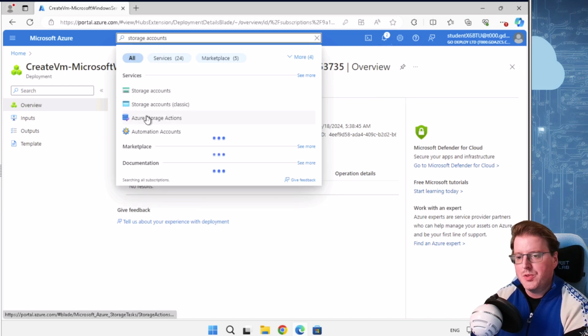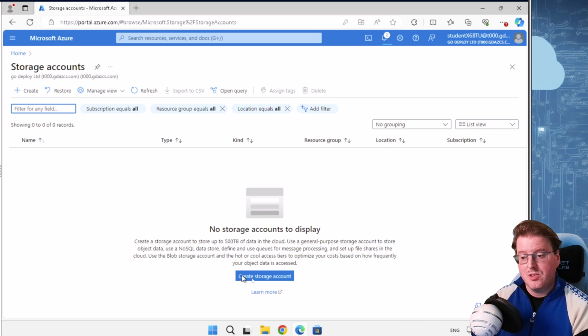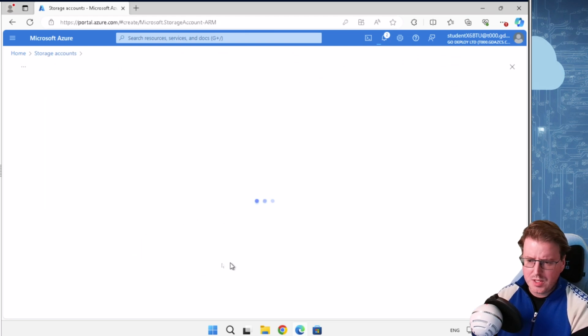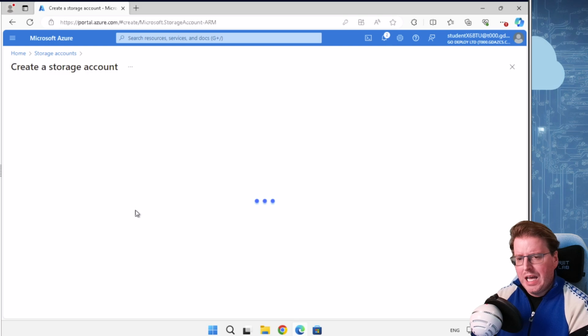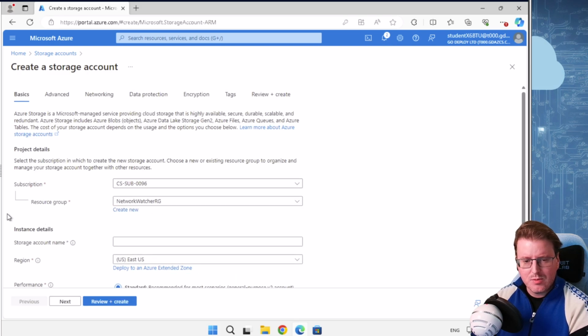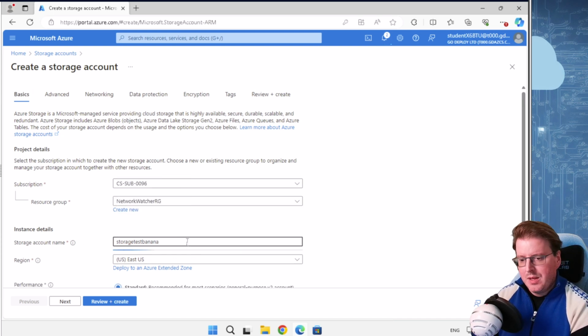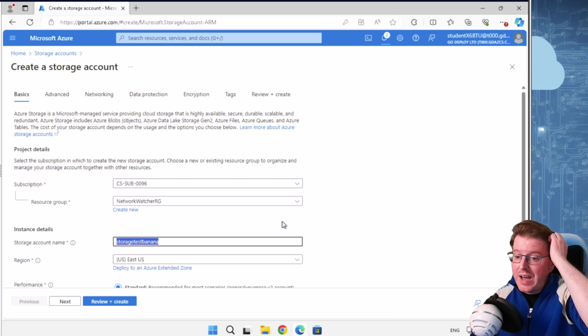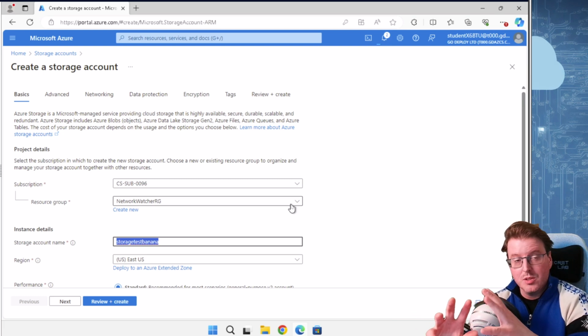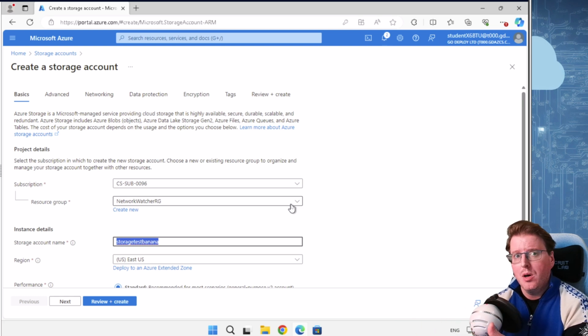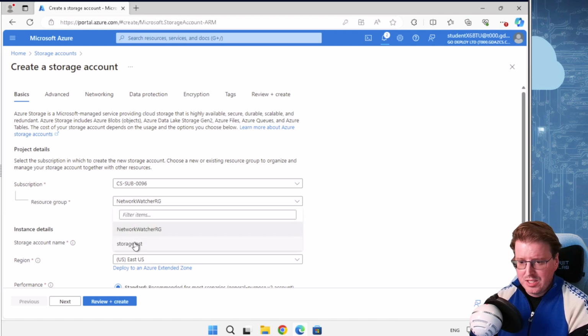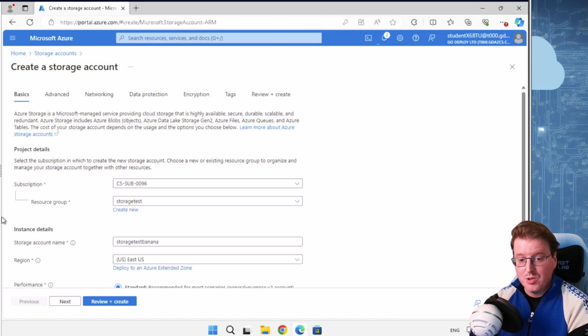We're going to go off and look for the storage accounts now, and we're going to go create a storage account for this too. So let's go and build one of these. And we'll call this storage account, we'll call it storage test, but I need to add something unique on the end of this. So I'll call this banana, storage test banana. There we go. Because this needs to be unique in the entirety of Azure, not just in my tenants, because this is going to form part of the URL that's used to access the storage account here on Azure. We're going to make sure that's in the right resource group inside the storage test resource group,